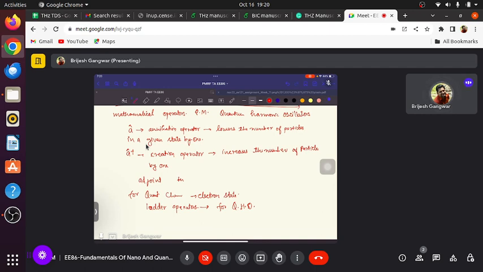The mathematics of the creation and annihilation operators for bosons is the same as the ladder operators of the quantum harmonic oscillator. For example, the commutator of the creation and annihilation operators associated with the same boson state equals 1, while all other commutators vanish. However, for fermions the mathematics is different, involving anti-commutators instead of commutators. So let's come to the ladder operators in the harmonic oscillator.